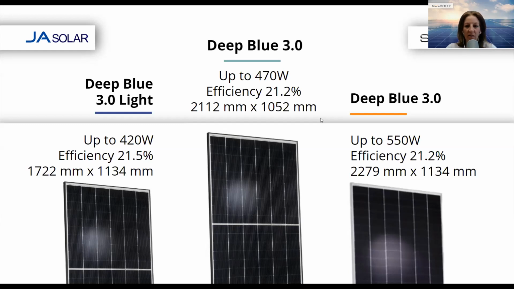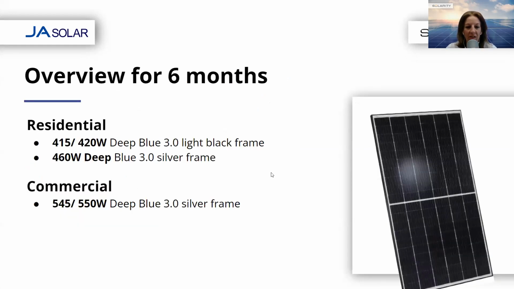So this is, let's say in numbers, some specification, and we can go to the other slide where it's everything I mentioned, only the smallest one comes with the black frame, the bigger one comes with the silver. As I said, those power outputs are the mainstream of the companies, or the brands are slowly moving. So for example, right now we can have 545 available. In a couple of months it will switch to 550. It depends on the manufacturer line. Okay, so this is about JSolar.